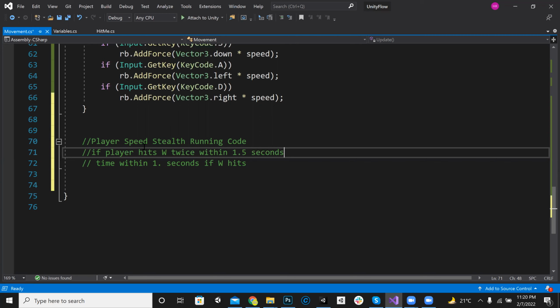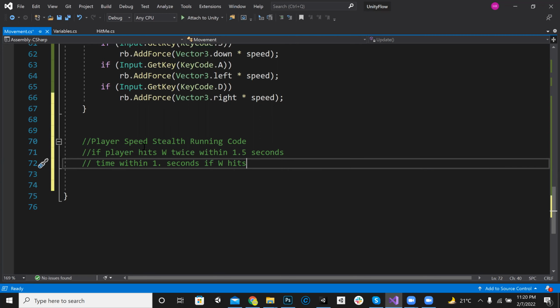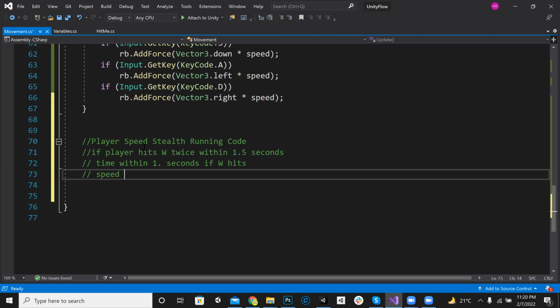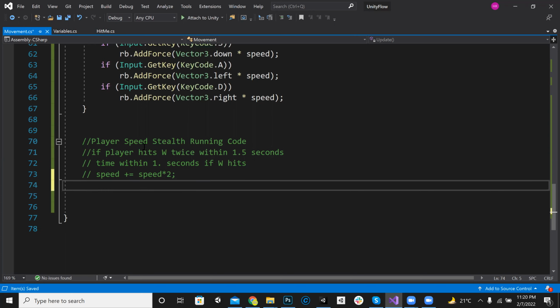we have to double the speed value, like this, something like that. This is simple, and after 3 seconds the speed value, speed equals 5, will become normal. For that I can show you later, because right now